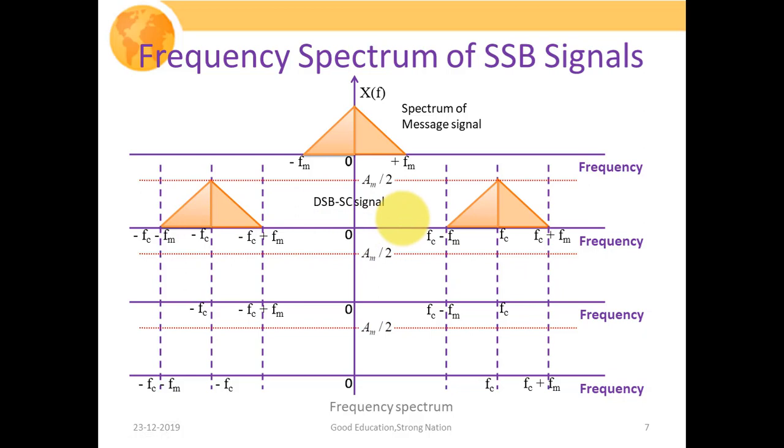In single sideband suppressed carrier signals, since we are only allowing one sideband, we are going to have either the upper sideband or the lower sideband. This particular figure shows our lower sideband only, whose negative frequency version is given by this figure. This is your single sideband suppressed carrier signal with lower sideband, and the last figure shows the single sideband suppressed carrier signal with the upper sideband. This shows our upper sideband and this figure shows the negative frequency part of our upper sideband signal.